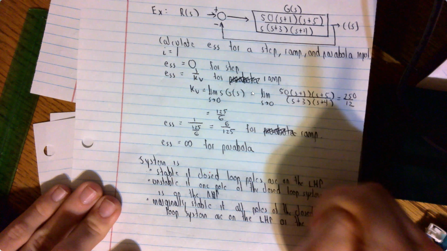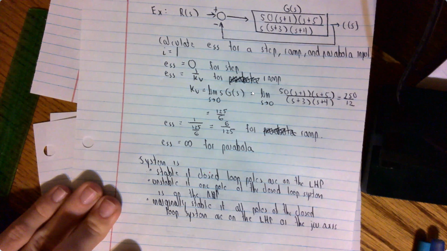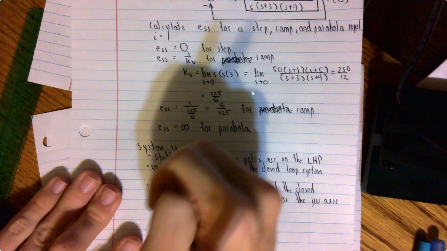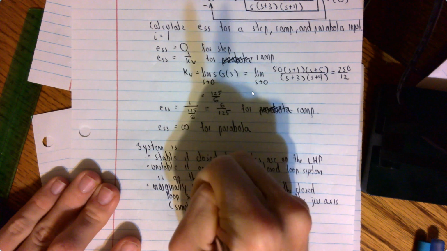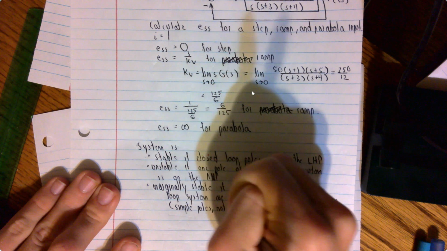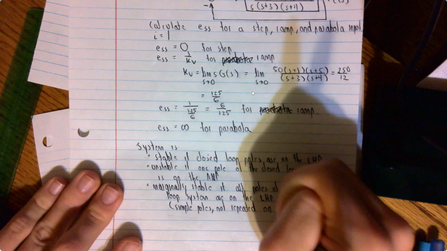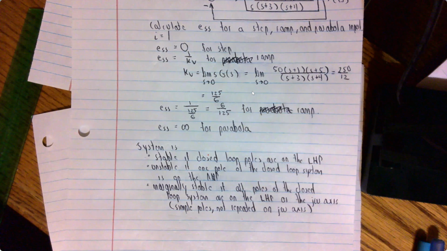But be careful, because if it's on the j omega axis, they're simple. And what do we mean by simple? Simple poles, they're not repeated on the j omega axis. So you can't have two on top of each other. And so what we're going to see here basically is within our